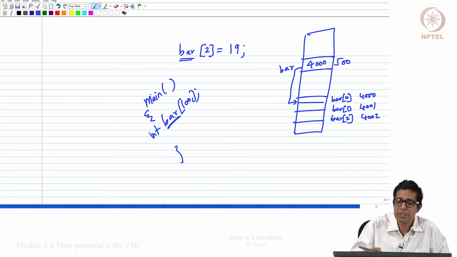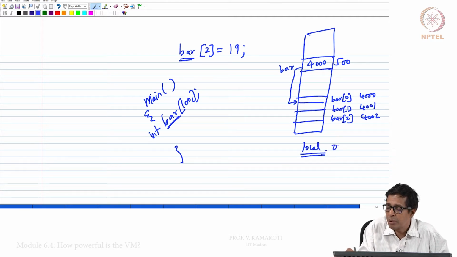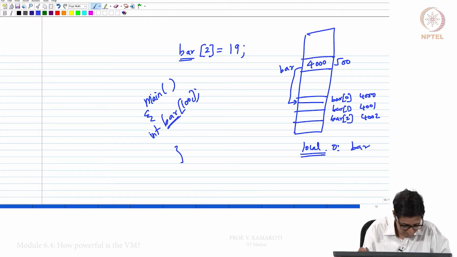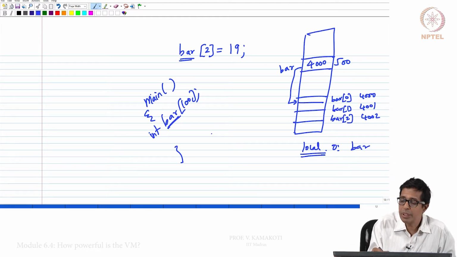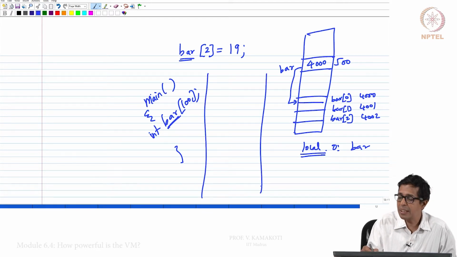Bar is a local variable, so in the local segment, the 0th location stores bar. What we need to do first is get 4002 and then store something there.